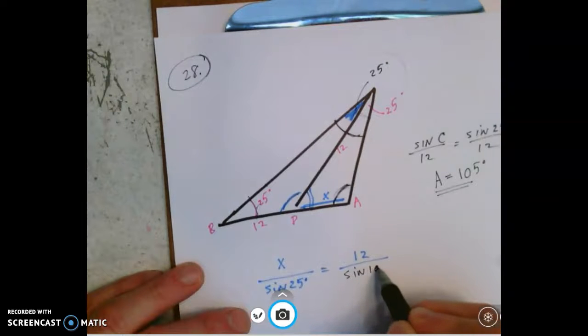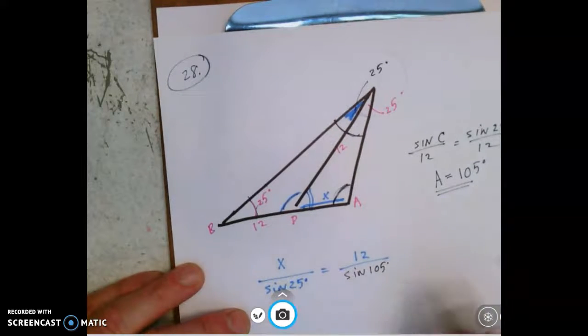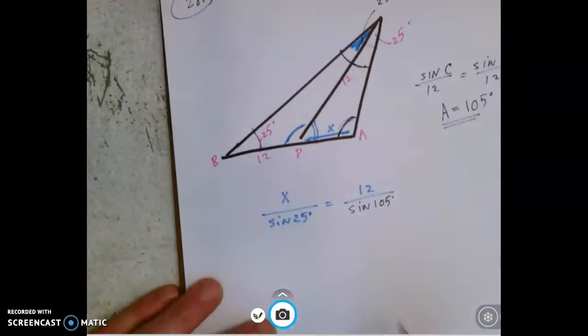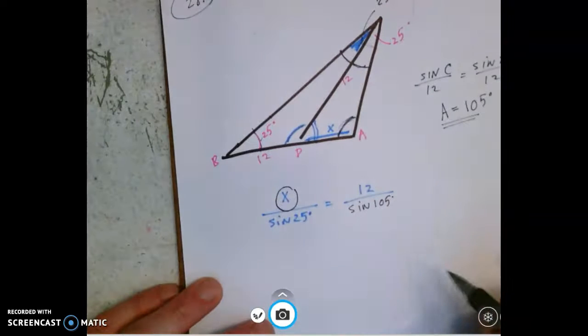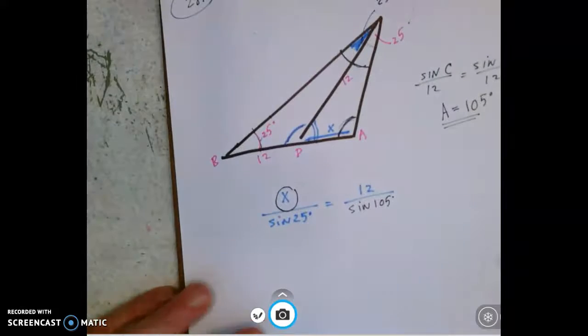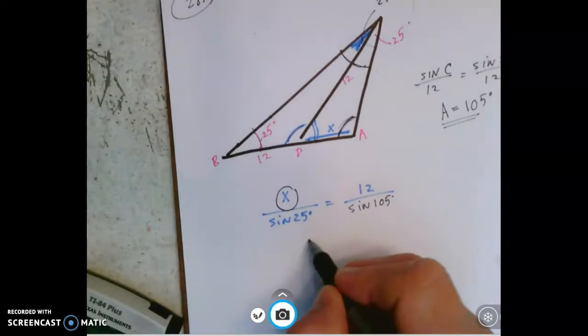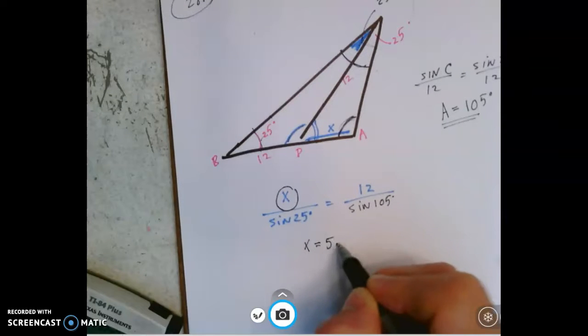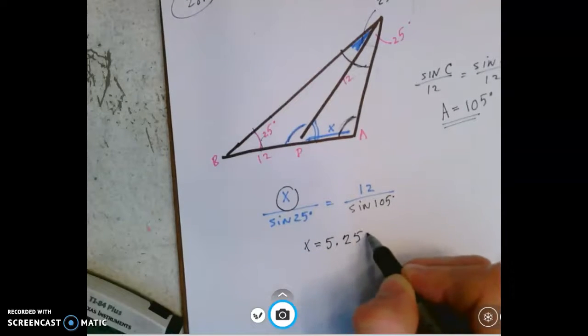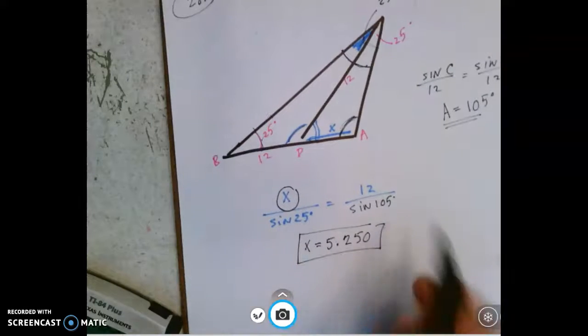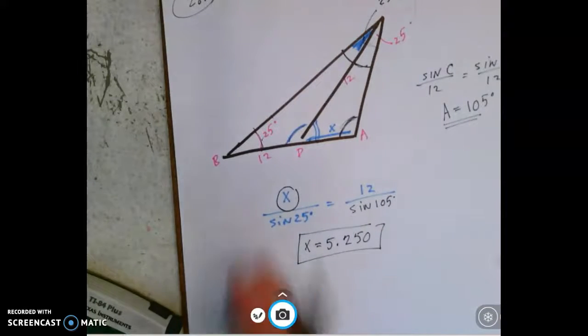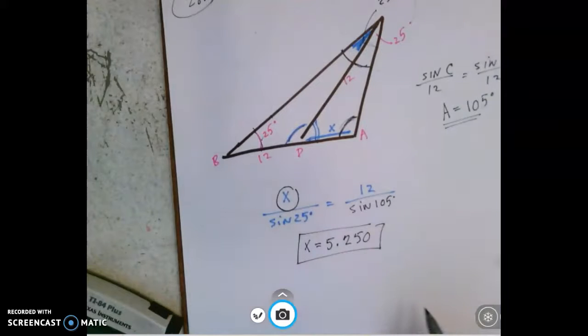So we could do this. Sine of 105. And now from here, just as we always have, or not always have, this is twice now, we leave our unknown on top, and this becomes, in our calculator, 12 divided by sine of 105 times sine of 25. And x is going to equal 5.250. Get used to rounding to 3 decimal places. If we're talking angle, 2 is fine. But if we're talking side lengths, we're talking,